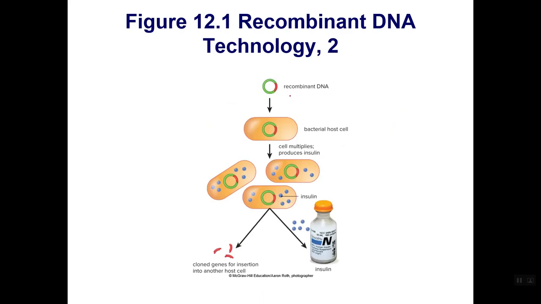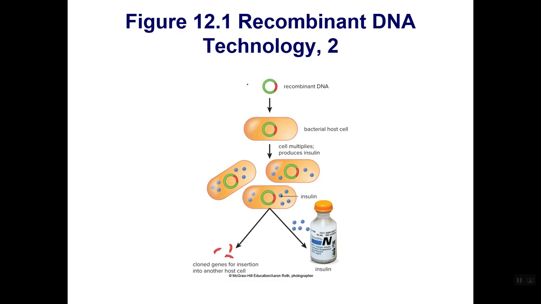Next, we're going to take that recombinant DNA and reintroduce it into a bacterial host cell. Now as that bacteria cell grows and reproduces, it's going to create other cells that also have the same human insulin gene, because DNA polymerase and RNA polymerase are not picky. They don't know whether they're copying human DNA or bacterial DNA. They're going to copy and paste everything when it comes to replication, and they're going to transcribe and translate everything when it comes to